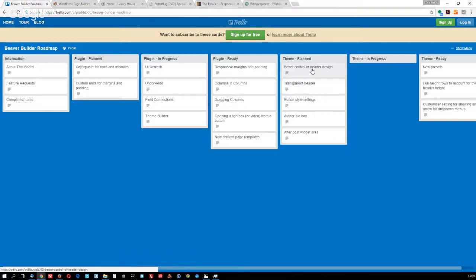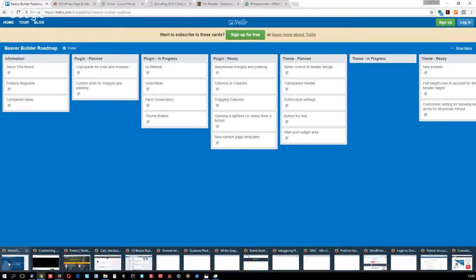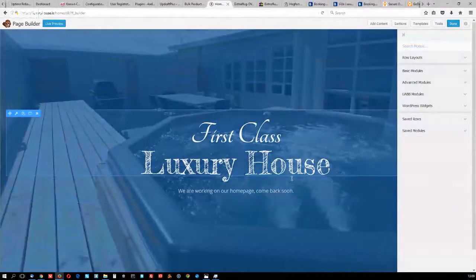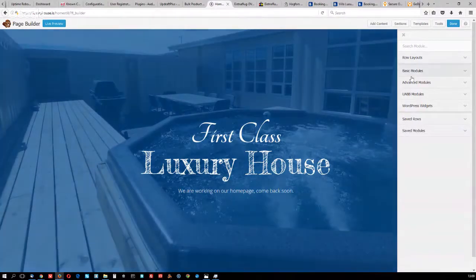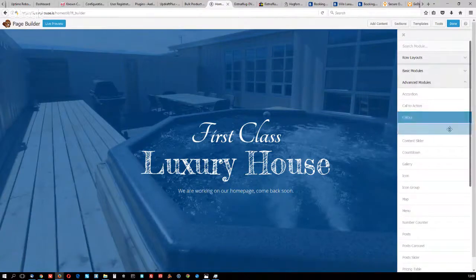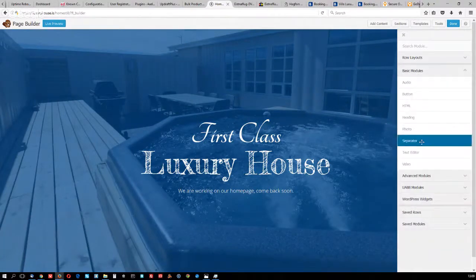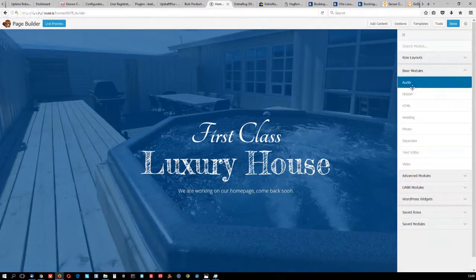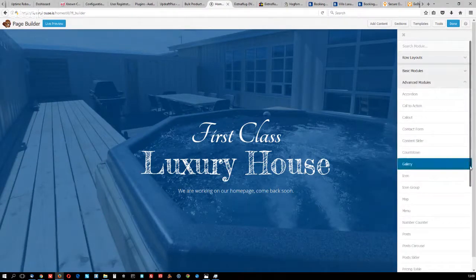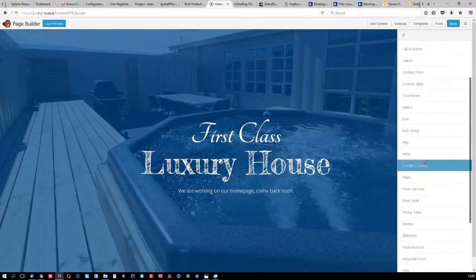They are obviously working on it, which I'm very grateful for, and I hope the development team of Beaver Builder sees this video, and this is my input to that work. Here is Beaver Builder open, and we have here modules, even in basic modules. We have, wait a minute, it was in an advanced module. Here we have a menu,